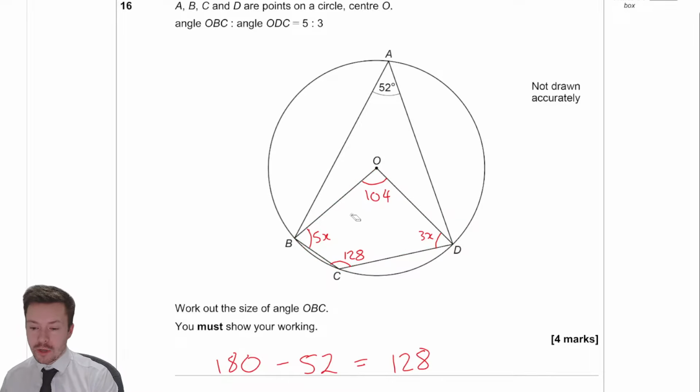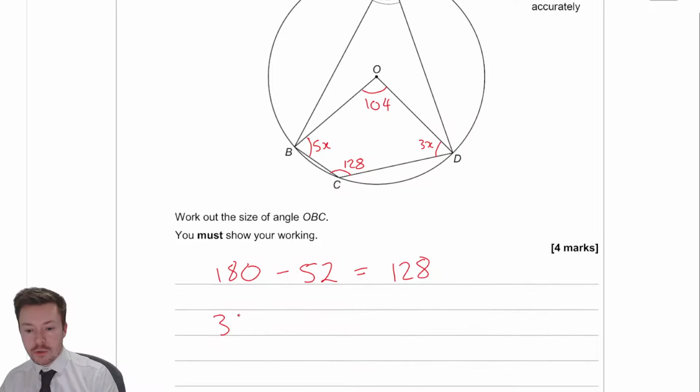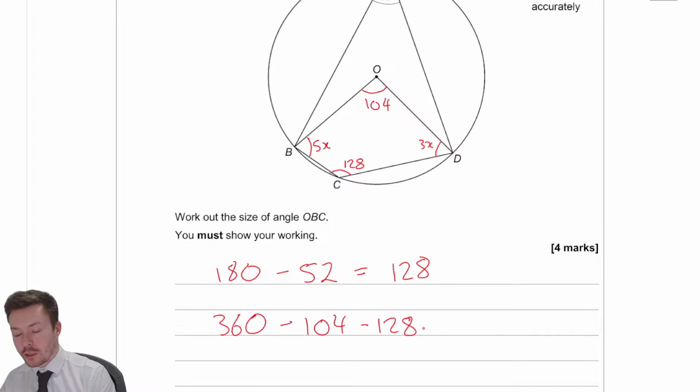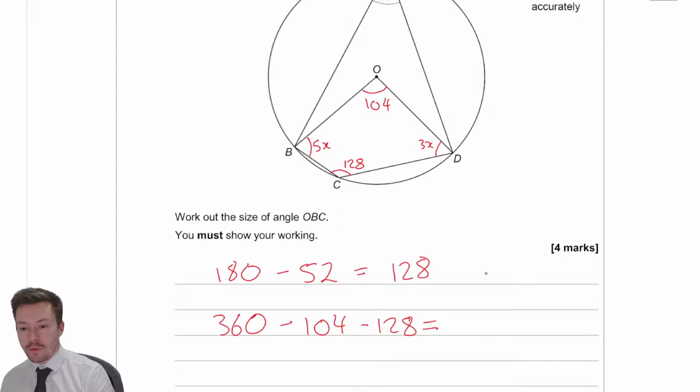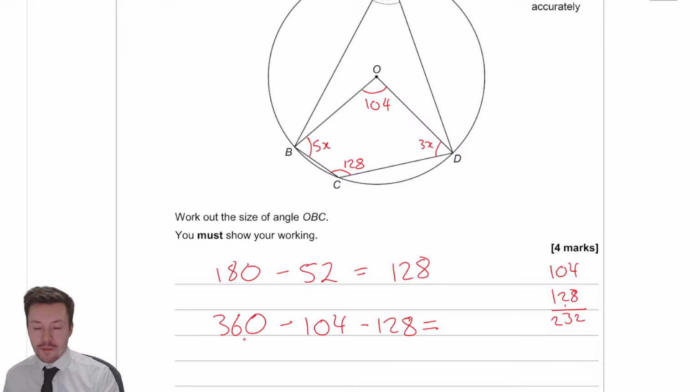Angles inside of a quadrilateral, just any quadrilateral, add to 360 degrees. So we're going to do 360 minus 104 minus 128, which is a little bit trickier to work out with our calculator. What I would do is use a written method to do this. So let's just do that by the side. 104 and then 128 is going to give us 4 add 8 is 12, 3, 232. Take away 232. And again, you could use a written method to subtract that. We are going to get